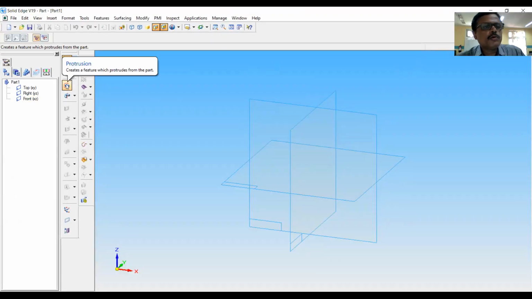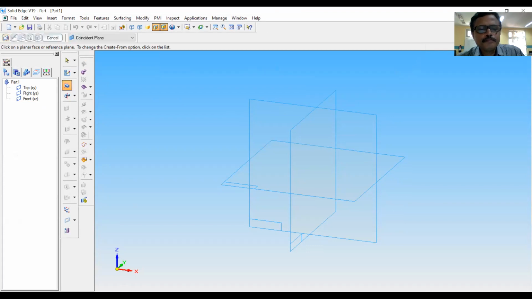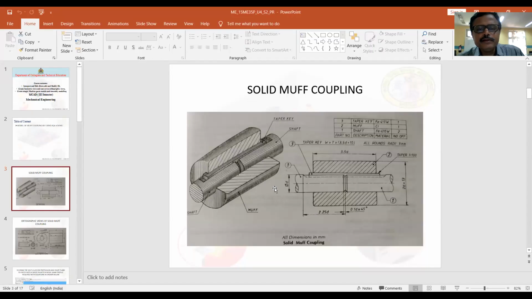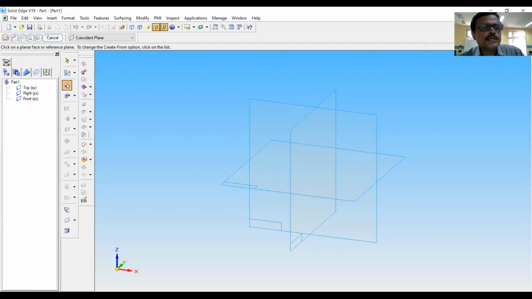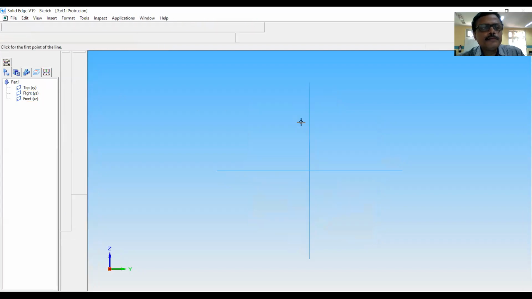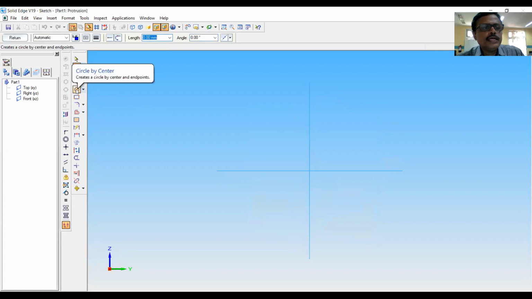Go to protrusion. Now we are doing this part, cylindrical sleeve, that is part number 2, which I will be doing in the beginning. So go to protrusion, click on right plane, draw the circles.